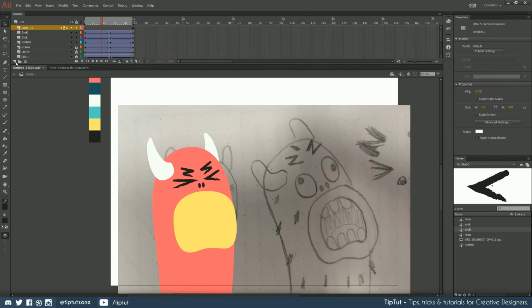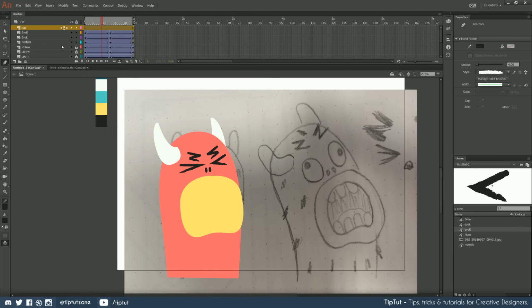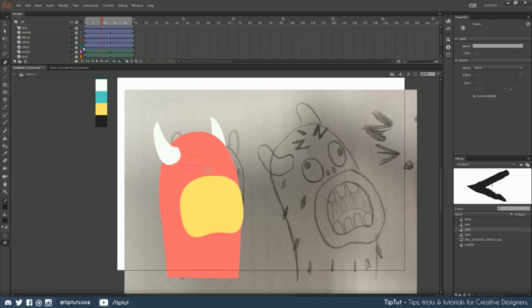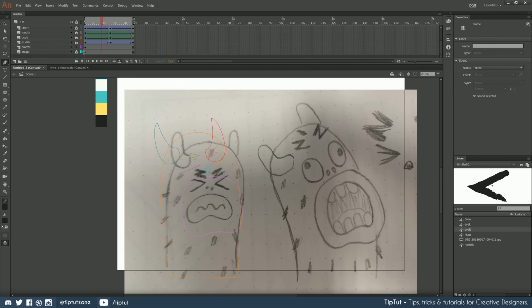I'm going to create a new layer and call this hair. And I'm going to grab my pen tool that I had before, making sure I was on this charcoal brush. And I'm going to drop down to maybe 4 width. I'm just going to quickly lock everything we've done so far and outline it so that I can see my sketch underneath. And go back to the first frame so it all roughly lines up.